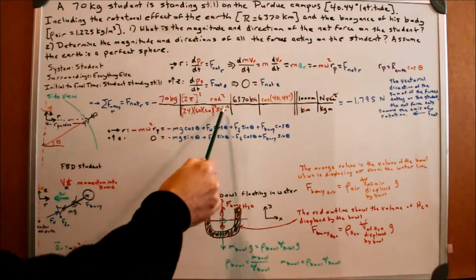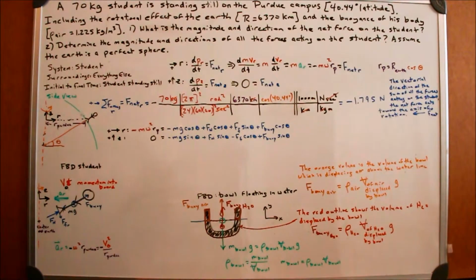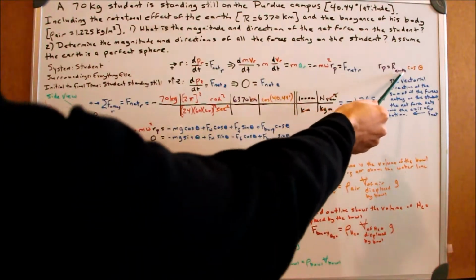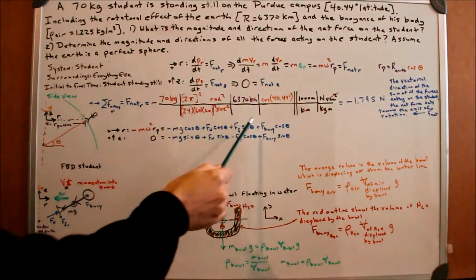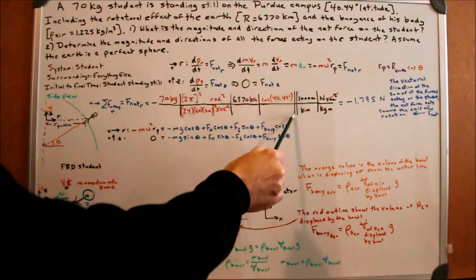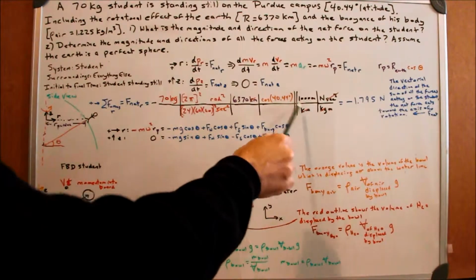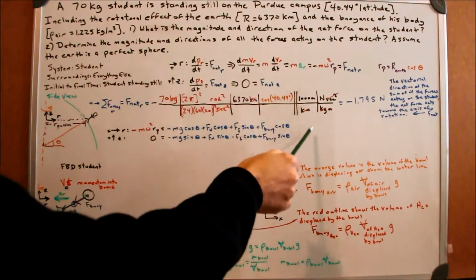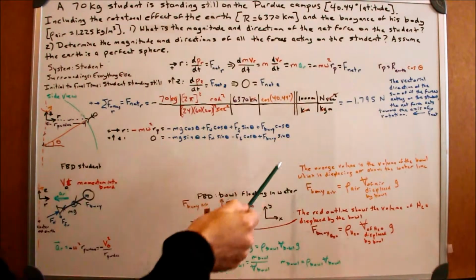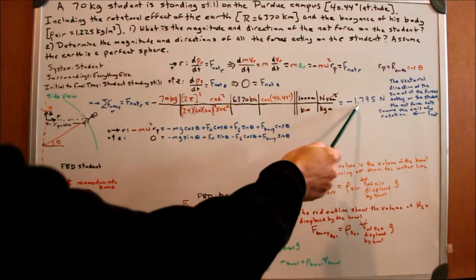From previous, we had the omega term, and the radius at Purdue is the radius of the Earth times the cosine of the latitude. So I'll draw my double lines there, and do my unit conversion to convert kilometers to meters. I know that a Newton is a kilogram meter per second squared. Everything's crossed out, and it ends just with newtons,